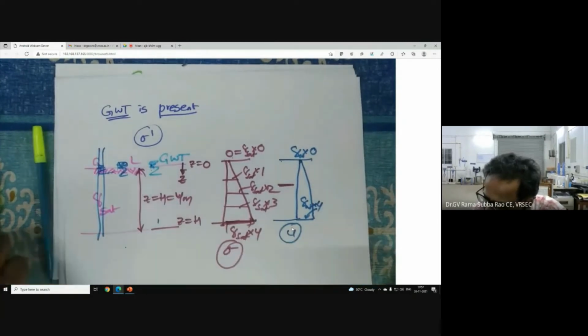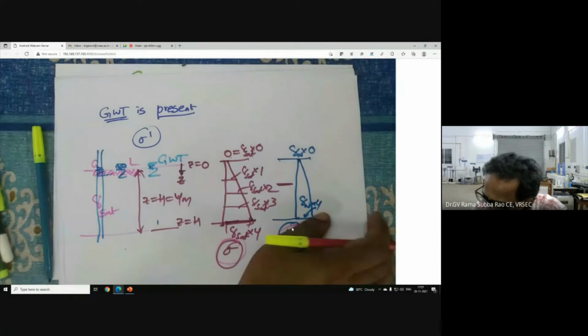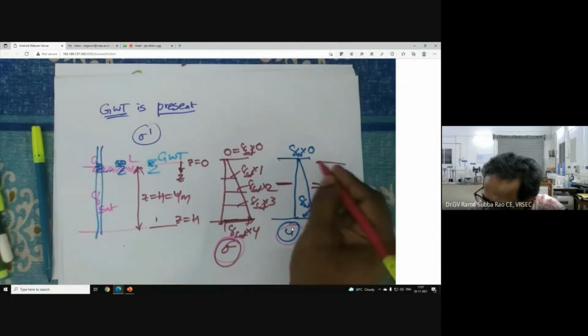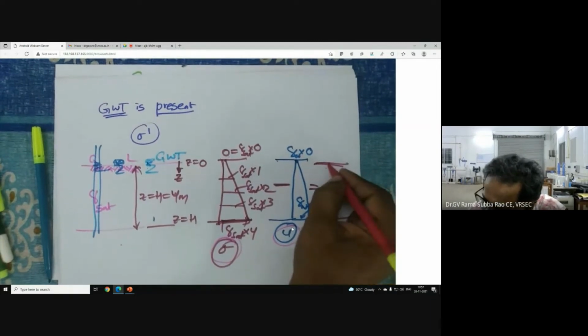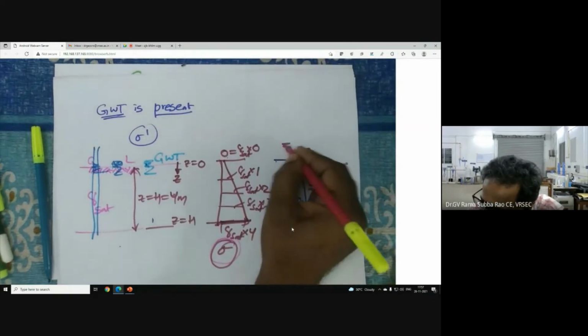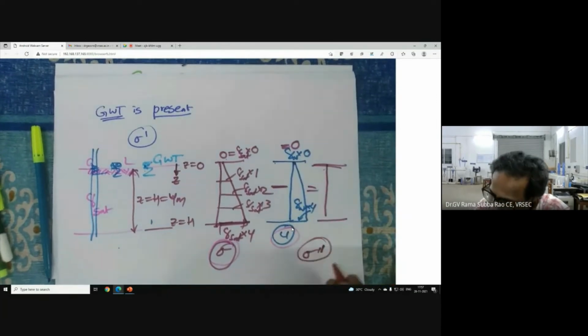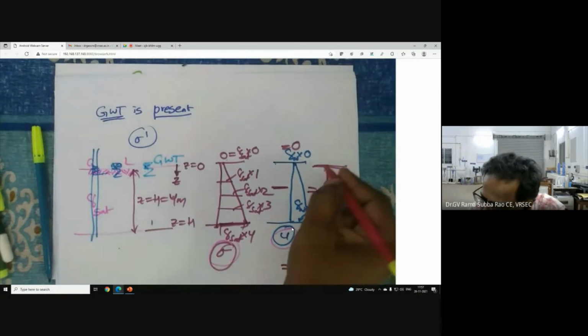Now my interest is not just calculation of sigma and u. My prime interest is very clear: I want to compute effective stress. How to compute it? Now I am showing by drawing, not just by reading some PDF. Here it is 0 minus 0, which is 0. Sigma dash is equal to sigma minus u, as we are repeatedly telling. Now 0 minus 0 is 0.